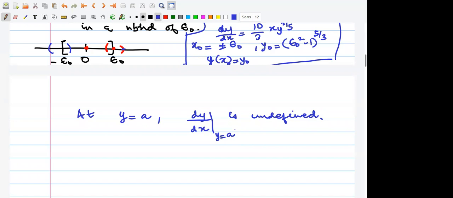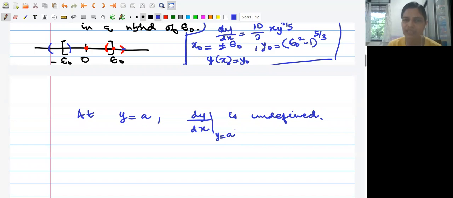Just at that point, my feeling is that you need to investigate case by case. See what the ODE is. You need to investigate. I can't make a generic statement that this will be true, but this is what I can guess.